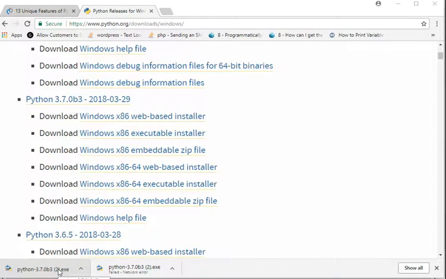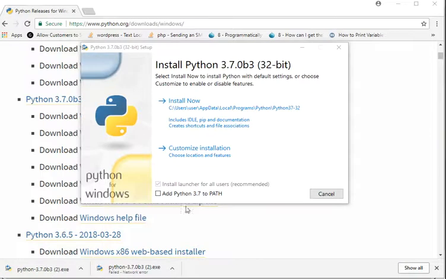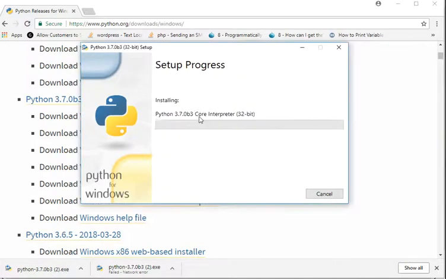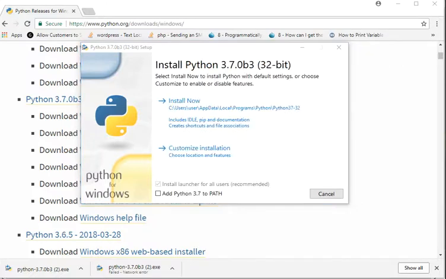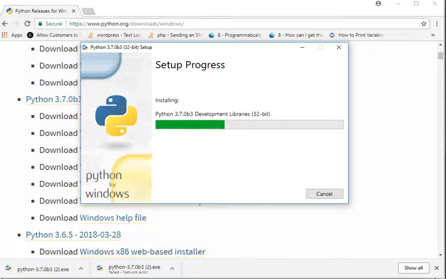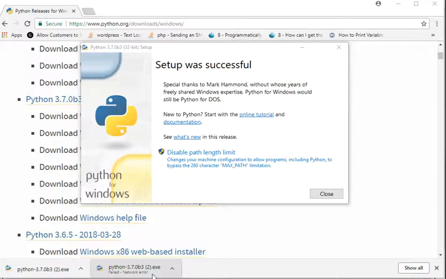After downloading the file, just double click it and start installing. Now select install now, but before that you need to do one thing. Initially check the add Python 3.7 to path and then hit install now. So it started installing. My system is Windows 32-bit, so I am installing the 32-bit version. If you are 64, then you can go with that. It takes a pretty good amount of time. My installation completed. The setup was successfully installed. Next, hit the close button,